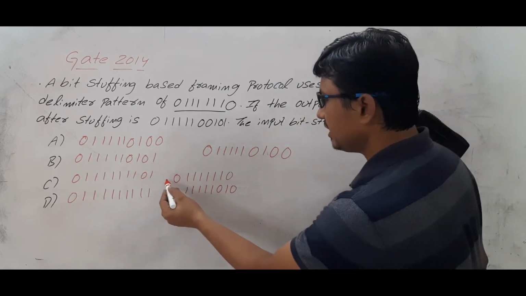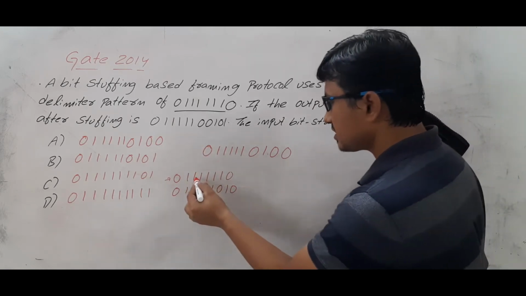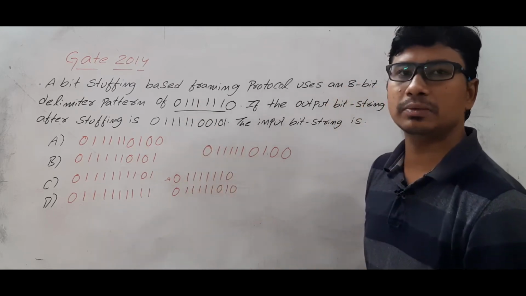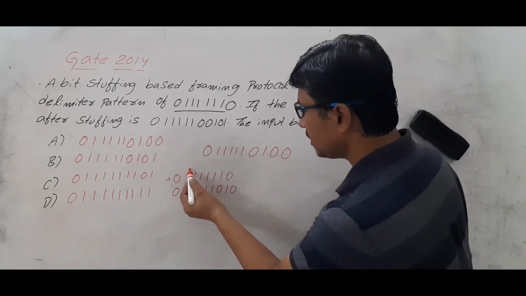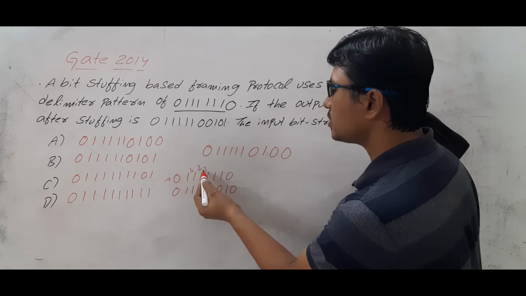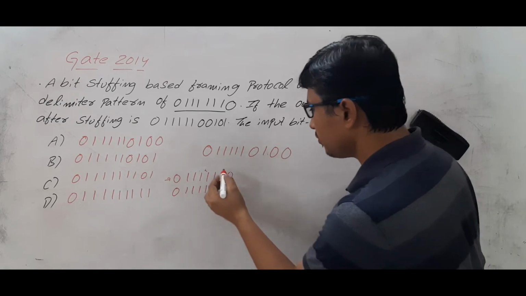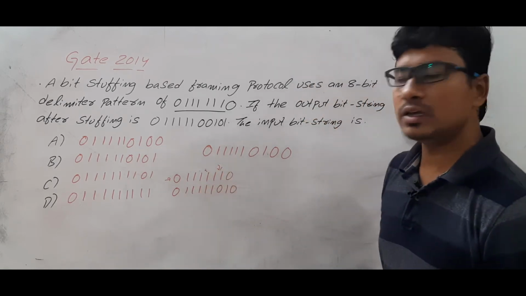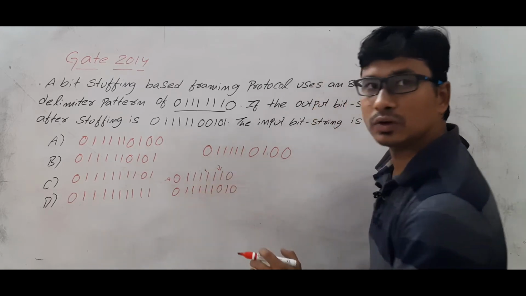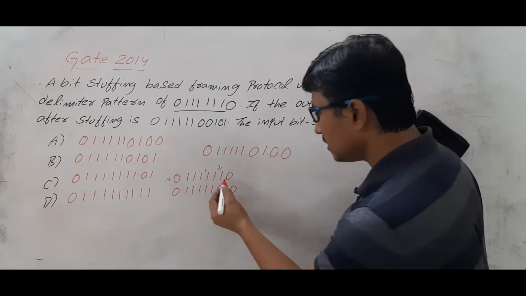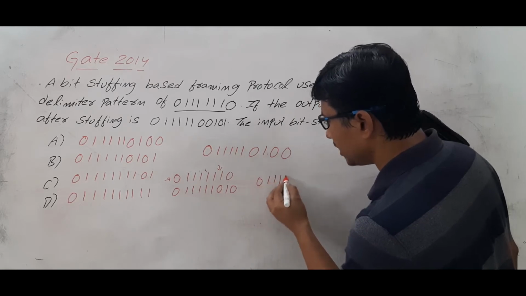Is it clear? If I find this data, the source will identify that if I send this as the data, it will match with the end delimiter, and the receiver will be confused. So to break it, he can keep a 0 here, or a 0 here. However, the probability will be high to receive this pattern again. So if I break this one, what I am doing is 0, 5 ones, then I will keep a 0 so that 6 ones do not come, then 1 0. Then when the receiver is receiving, he will receive 0, 5 ones.